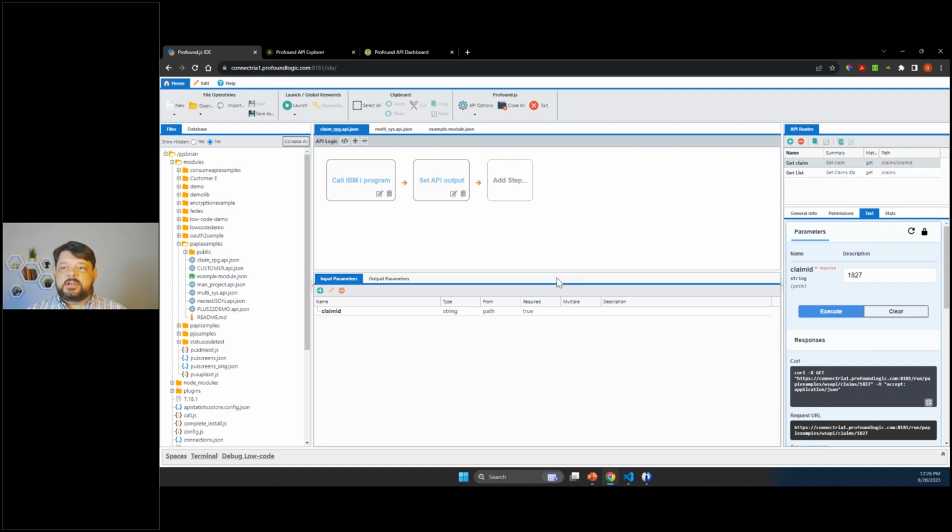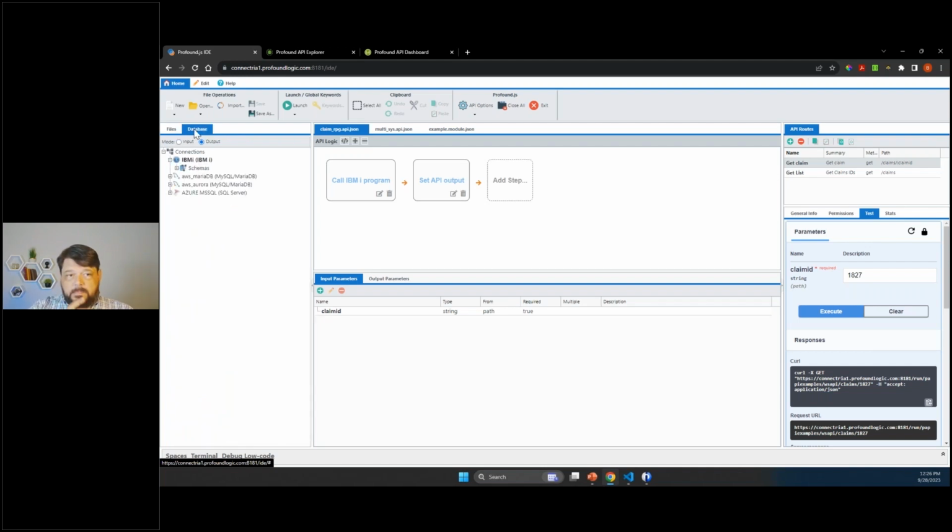So let's start with a very simple use case. Let's talk database. We mentioned earlier that one particular use case is to eliminate direct database access. So how would you do that? It's actually very simple. I can come to my database tab within the IDE, and you can see I've got an IBM i configured. I've got a MariaDB instance and an Aurora instance in AWS configured. I have a Microsoft SQL Server in Azure. It doesn't matter where the database is, we can connect to it. But just for simplicity, let's stick to my IBM i.